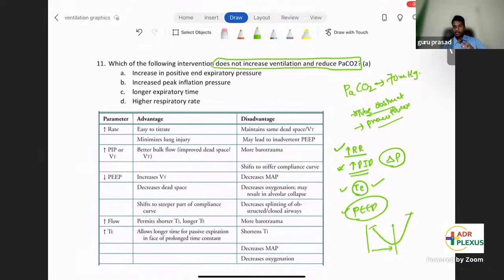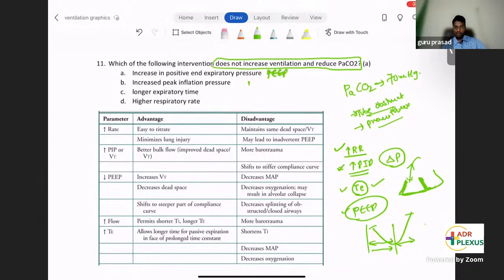Up to a certain limit, whenever your lung is not open, especially in an RDS-like condition, up to a certain PEEP your alveoli will open and there will be very good CO2 washout. But if you keep on increasing PEEP, the alveoli will get distended, and the amount of air moving in and out of the alveoli will decrease, especially as you keep on increasing PEEP. So in the options, if you see,